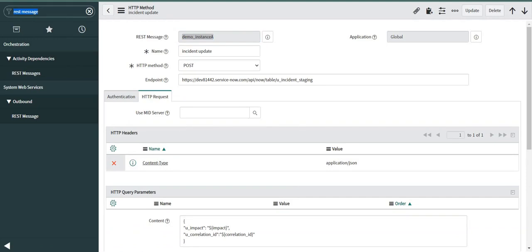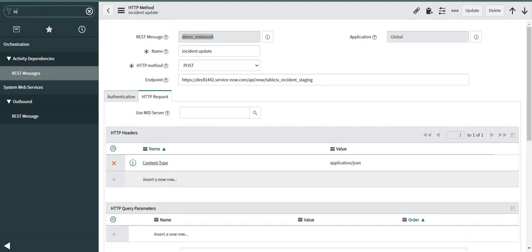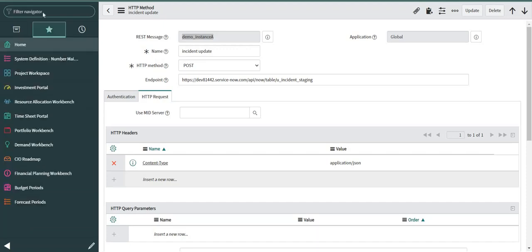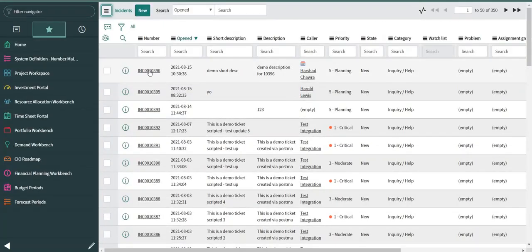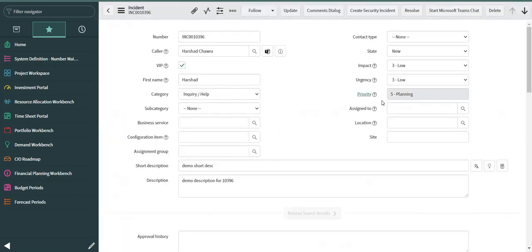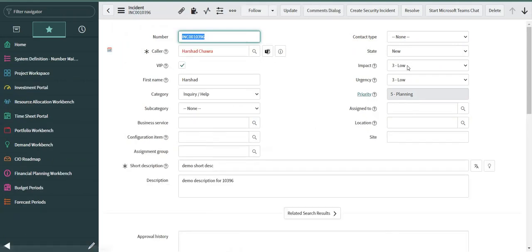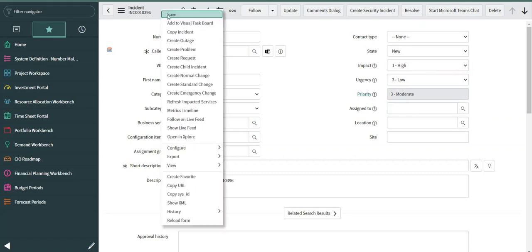Fine. So let's go back to the incident which I created a moment ago. This is the same incident that was created by me. And if I change the impact, this is the existing incident on instance B, impact is low by default. If I change this to high and save the record,